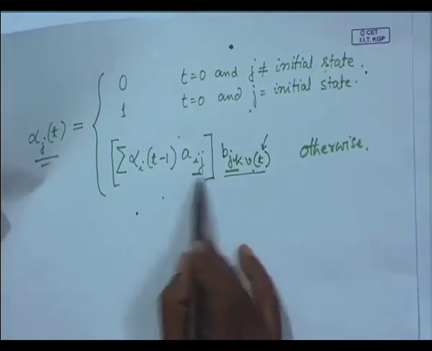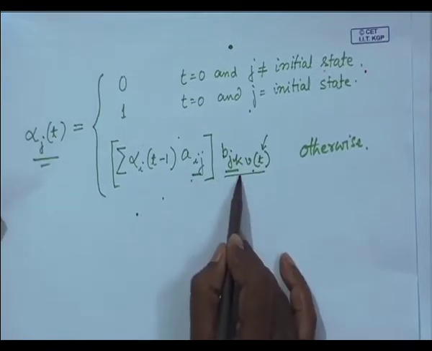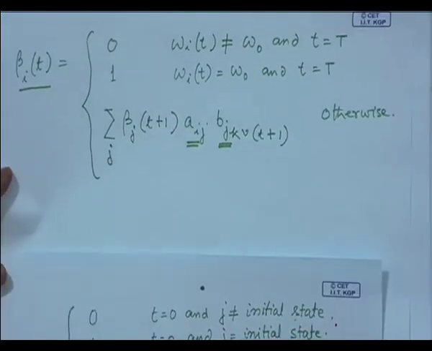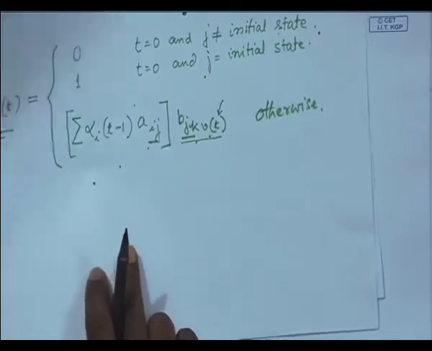So, the procedure that I have is, initially you choose arbitrary values of a I j and b j k. Using those arbitrary values of a I j and b j k, you estimate what will be your alpha I t and what will be beta j t. Okay. So, using this arbitrary, initial estimate of a I j and b j k, you have an estimate of alpha j t and an estimate of beta I t. Using this estimate of alpha j t and beta I t, what do you go for? You go for an estimation of